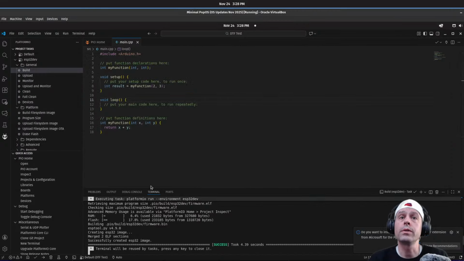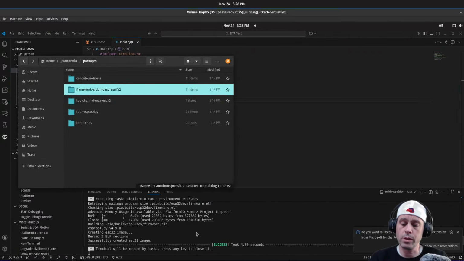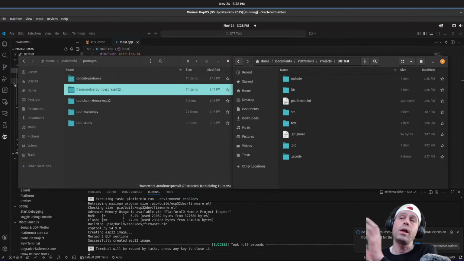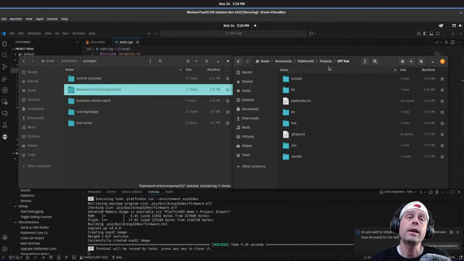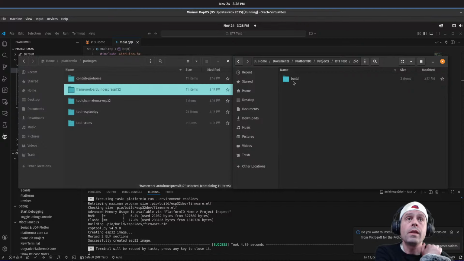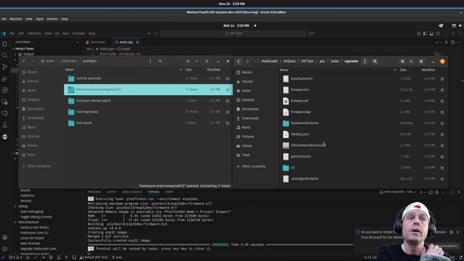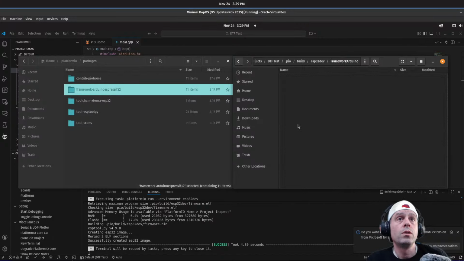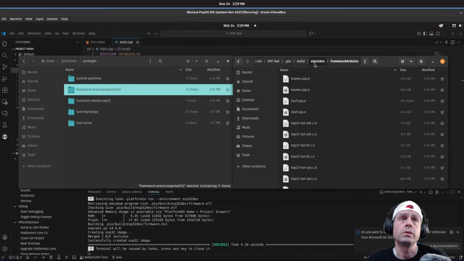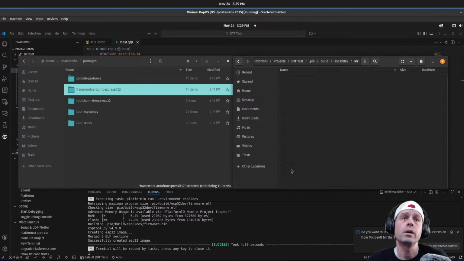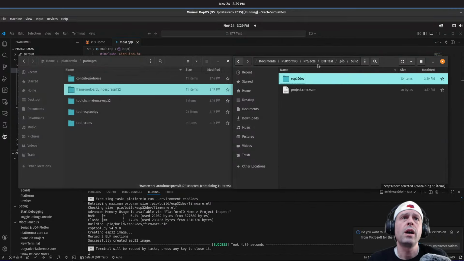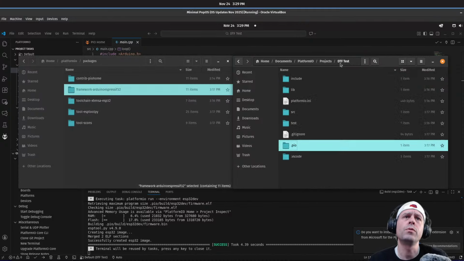Okay. So this built, everything looks good. We're on an ancient version. Oh, we weren't done exploring files. Let's keep exploring these. Okay, so that's kind of the global level PlatformIO stuff that's going on. Then down here in my DTF test, I've got a PIO folder which it creates, and if I click on that, I see build, I see ESP32 dev, and now I have this lib framework Arduino A, which I believe is that full Arduino. This has a whole bunch of, what am I looking for in particular here? Source. Okay. Felt like I got some more stuff in the local PIO before, but we'll come back to it.